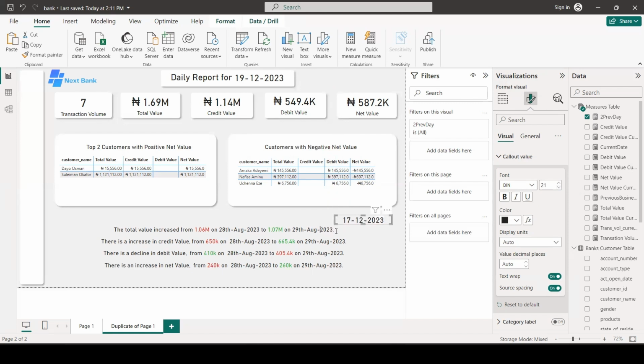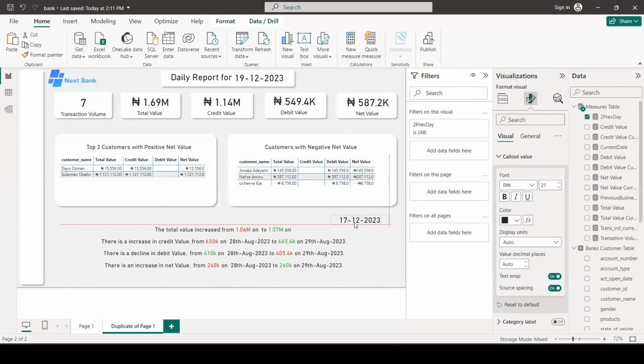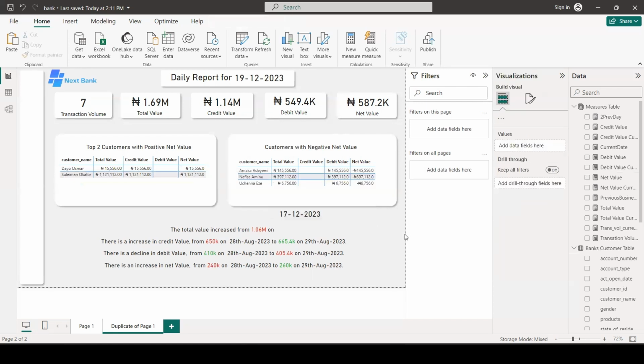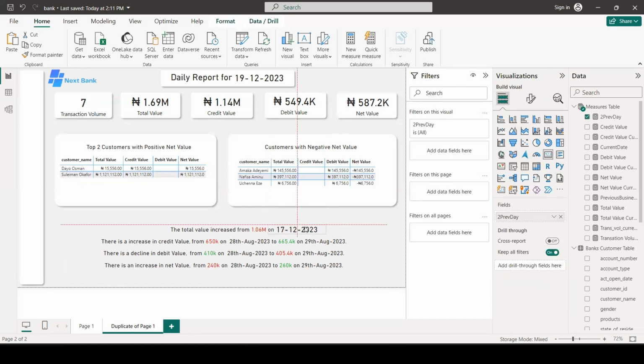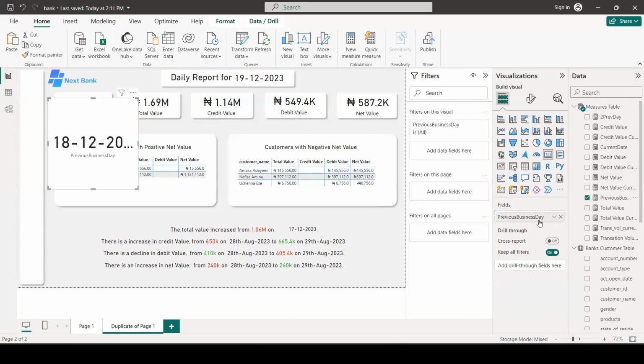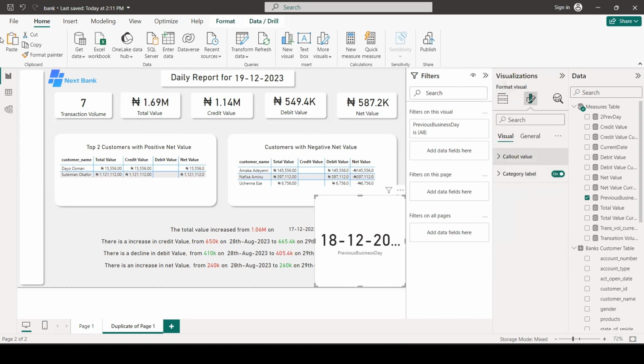So now, rather than have all of this, I'm just going to use the previous day. I'm just going to drag this previous day here. This is our 2 previous days. So we're going to get our previous day, which is here, previous day, as you can see. So what we're going to be doing now is